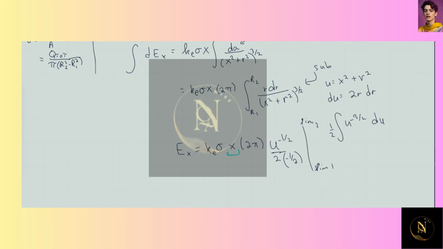Yeah, I think I got that integral right. So let me put in the limits and we'll see where to go from there. There's the constant stuff out front, and like I said, you could replace those with other things. Then we have x minus u to the minus 1/2, which is the same as 1 over square root of x squared plus R1 squared minus